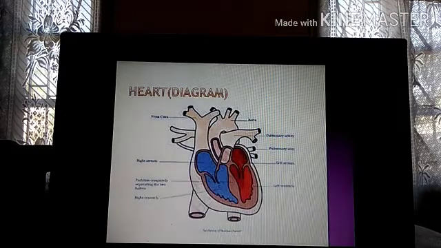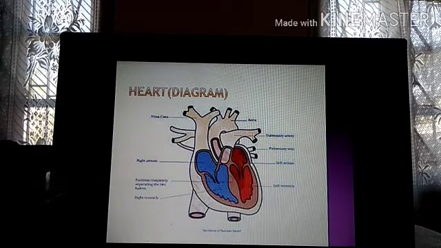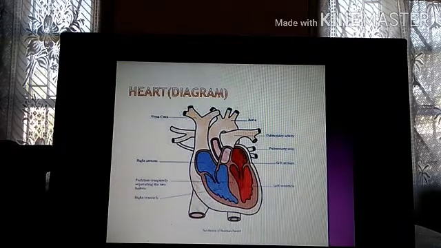So this is the diagram of the heart which you have in your textbook. It looks quite complicated, so no need to study each and everything. The diagram first of all will not come to draw for the exam, because this diagram is a little complicated. So no need to draw this, you just have to know the functioning.